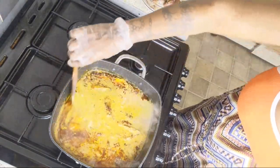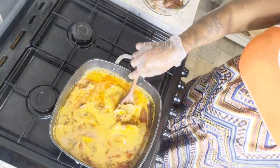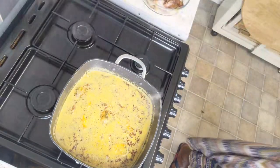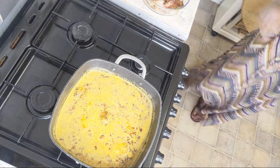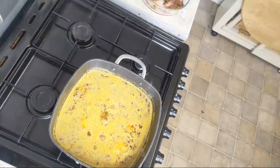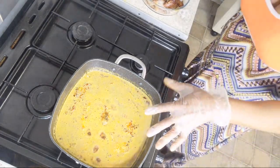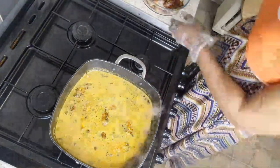Now we're just going to leave this sesame seeds paste and the palm oil to cook, because we call this kind of cooking one-way cooking. You don't need to go left, right, south. So as this is boiling, let me talk to you a bit. What I need, this is the only cooking where you don't put fresh ginger and fresh garlic, because